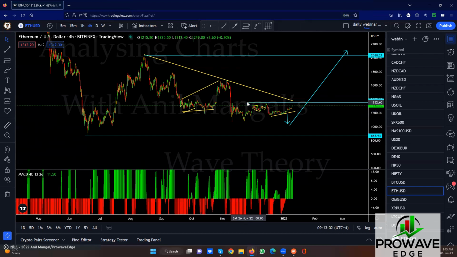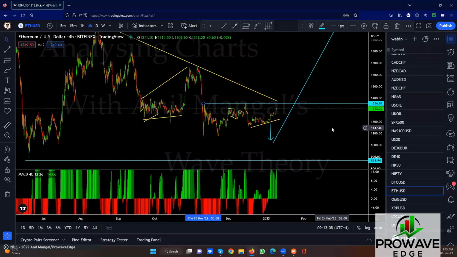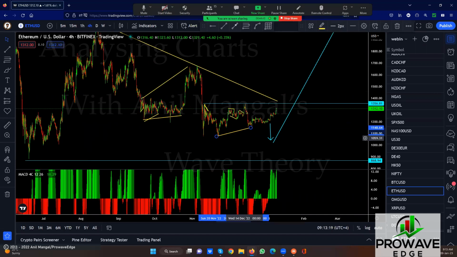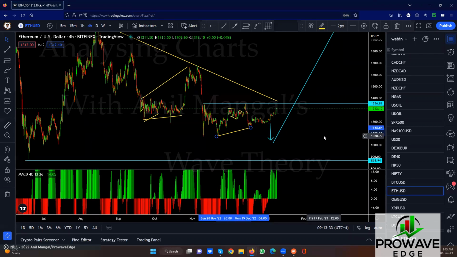Can it come and retest this top here? Yeah, absolutely. There's no point in that right now. I don't see that making just a more complex structure than... We could probably look at this as a flat in the middle, maybe. 1, 2, 3. 1, 2, and this one is a slow move up there, and then drop, break below, and then go back up. Let's wait and see.